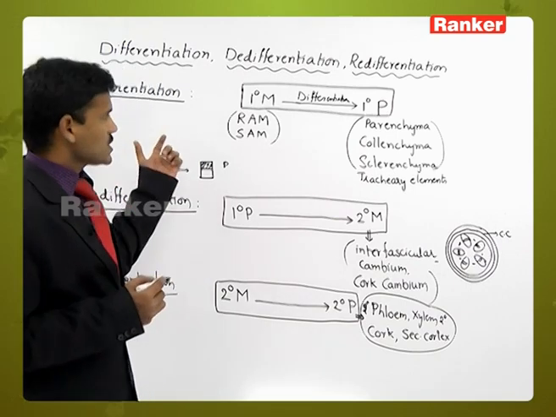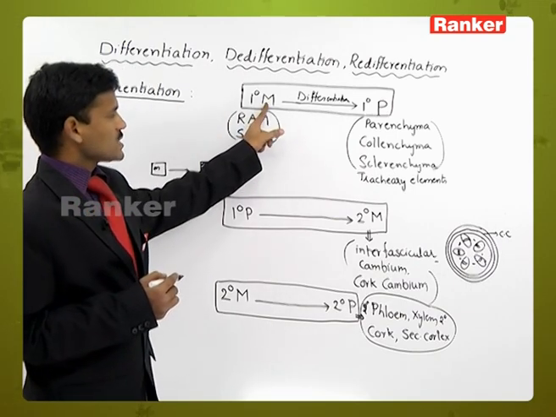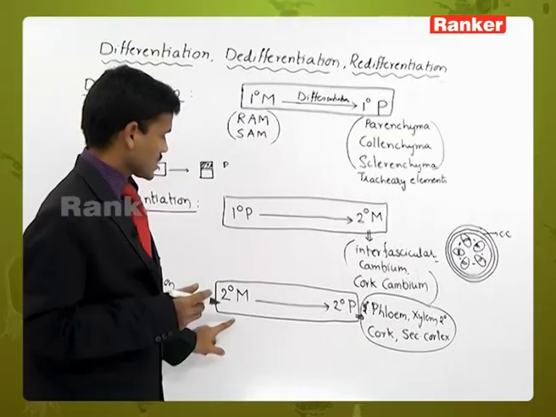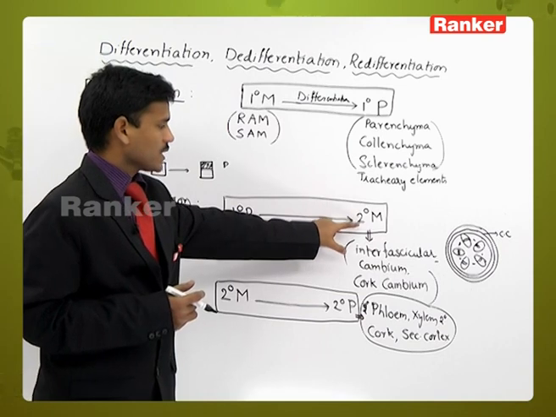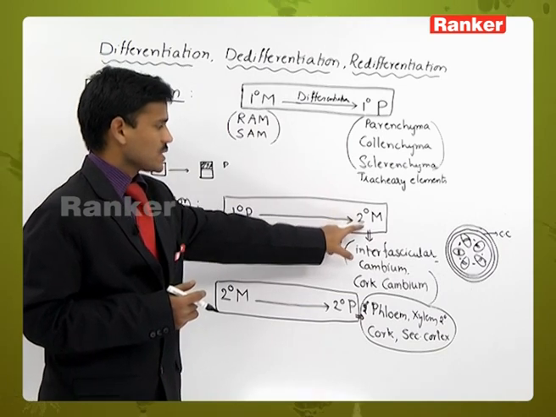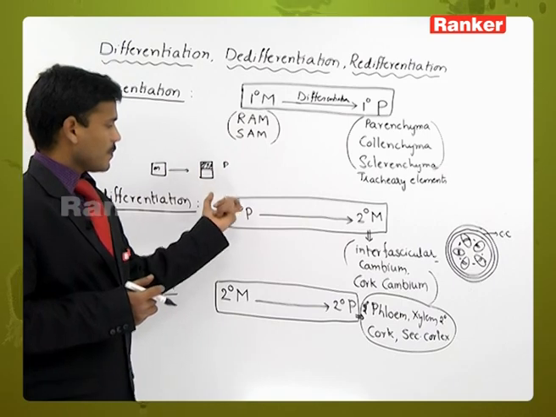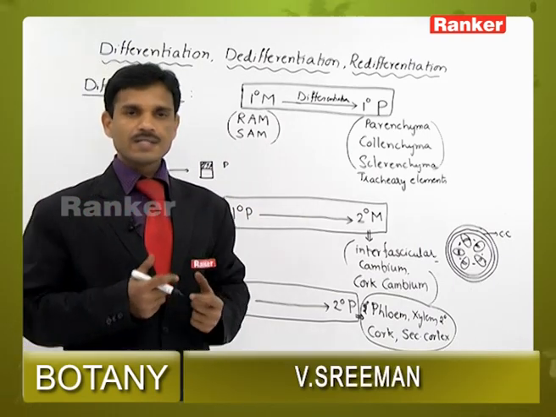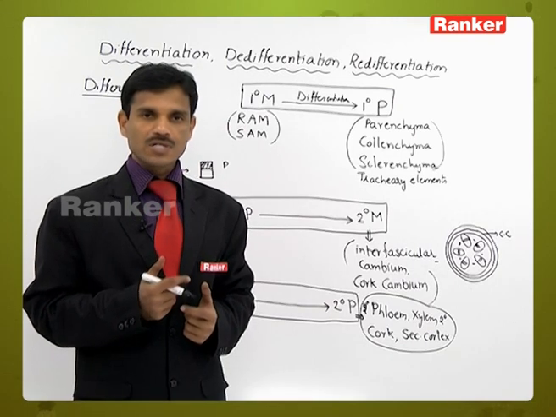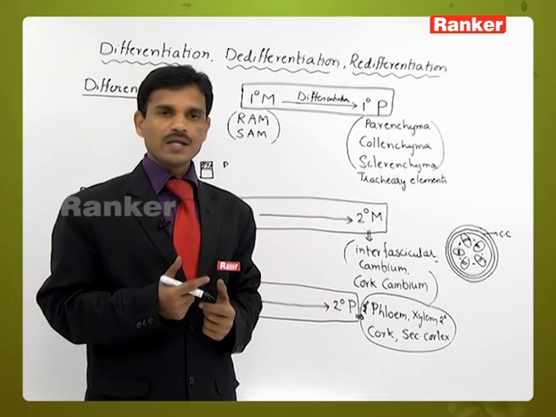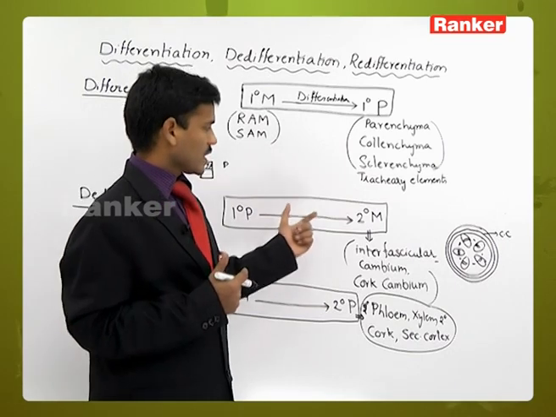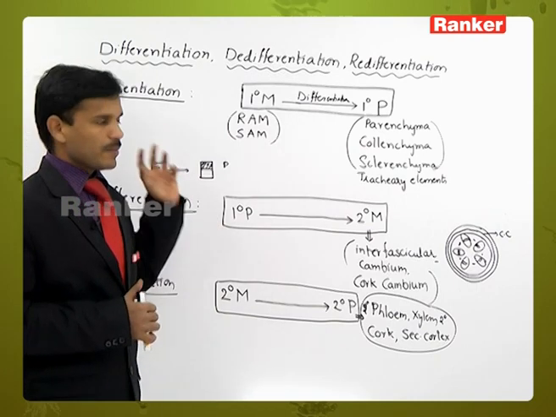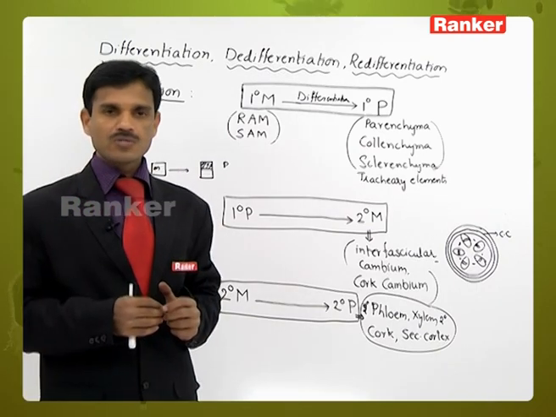Differentiation is when the meristematic cells produce new cells that have lost the capacity to divide. Here also same. But how is the secondary meristematic tissue produced? It is produced from the permanent tissues. Sometimes the plant or organ needs new meristematic tissues. That's why the permanent cells regain the capacity to divide, converting into the meristem. Like this, primary permanent tissues or secondary permanent tissues are produced.